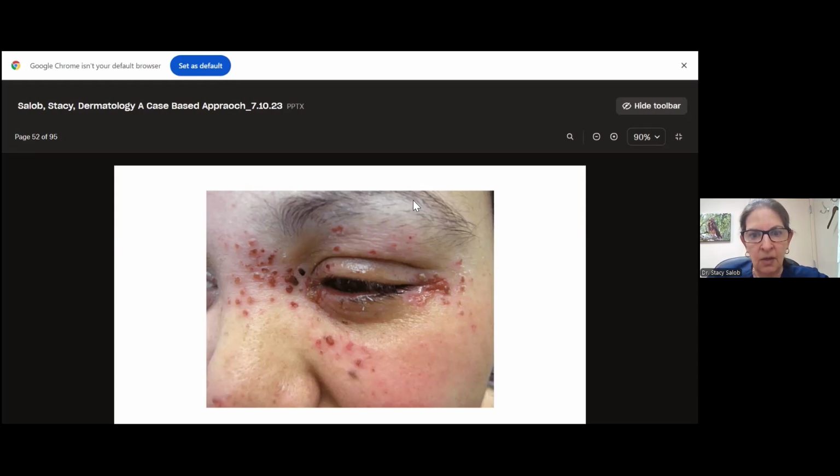I used to work for a number of years at Sloan Kettering, and we actually had a patient with graft versus host disease who developed this eczema herpeticum with very widespread crusted erosions, and he was significantly immunosuppressed. They were treating him for blood cancer, and he actually died from that. So this can be a serious